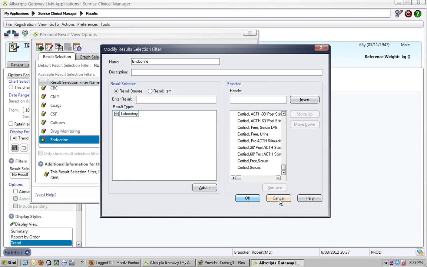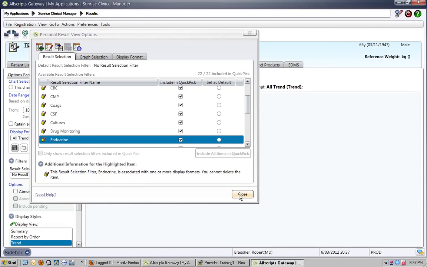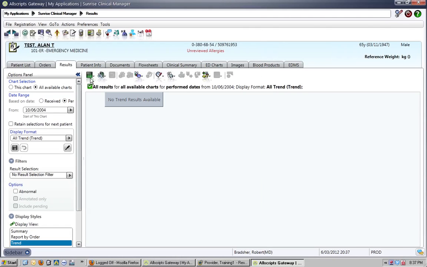So I'm sure there's more things that could go in there, but I use that all the time for baseline information on patients. And so what you can do is you go to endocrine